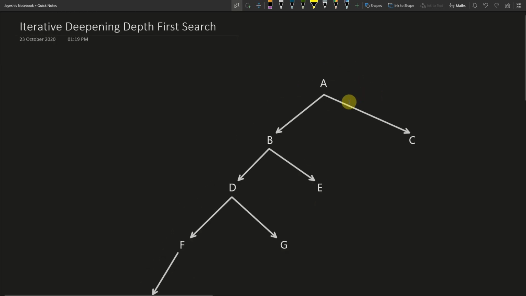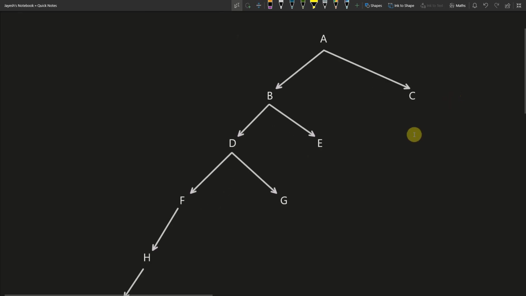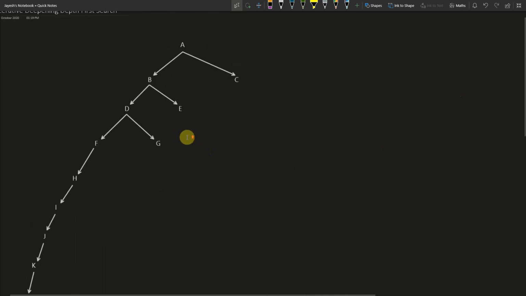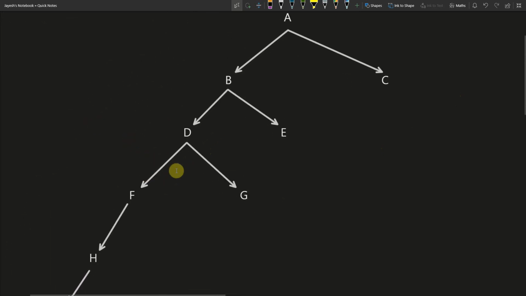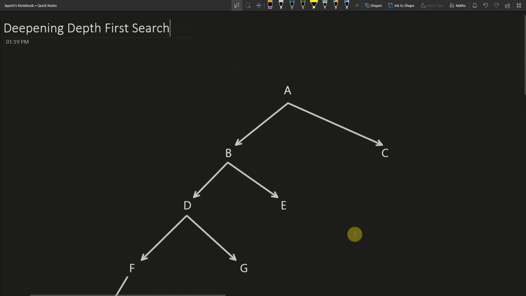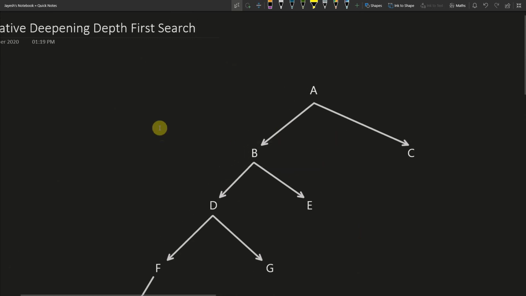Now when we apply BFS here, it will check B and then C directly, so it will find our node much faster as compared to DFS. But the problem here is, let's suppose we have a complete binary tree with too many nodes. Our BFS has to store all the nodes at the current level, and that results in bad space complexity. It takes up a lot of space.